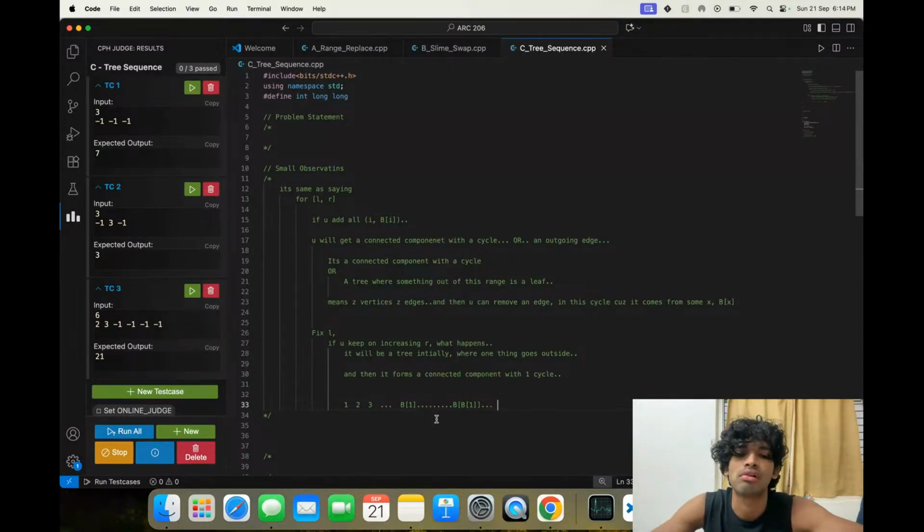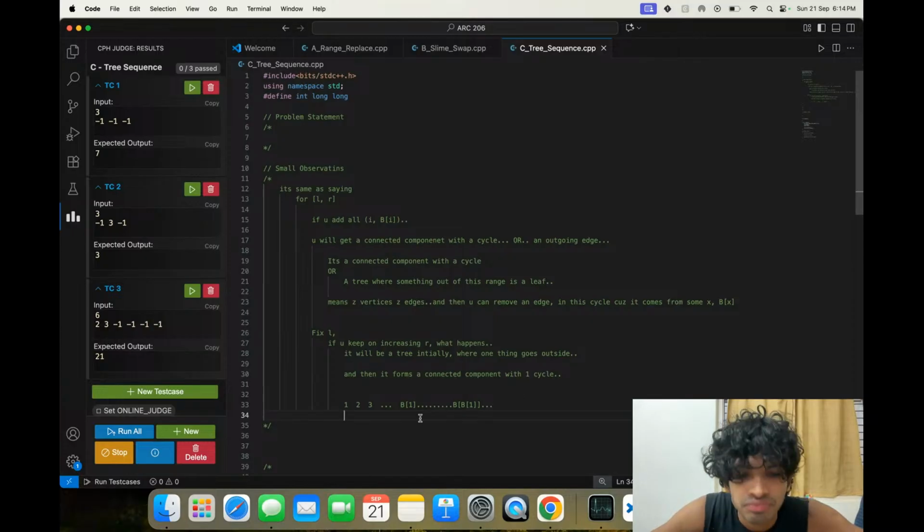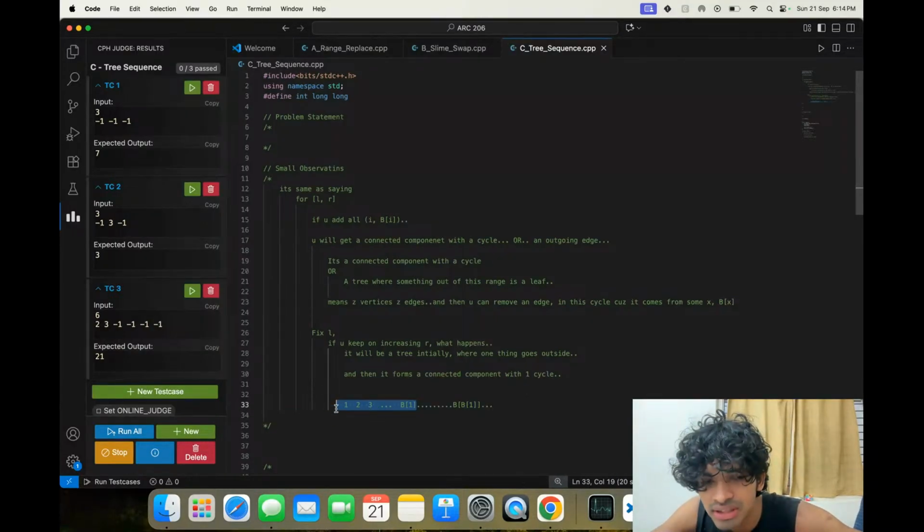But then it seems weird, right? It seems we have to come from the opposite direction. We have to come from any L, right? So what we do is we'll examine B of 1. We'll try to come from this side.